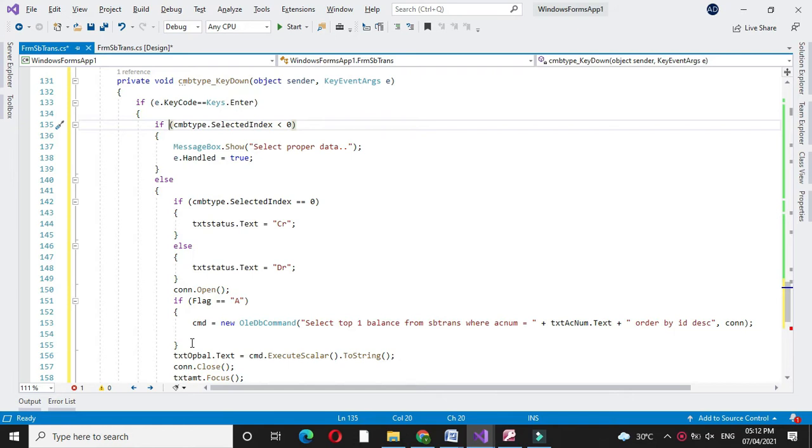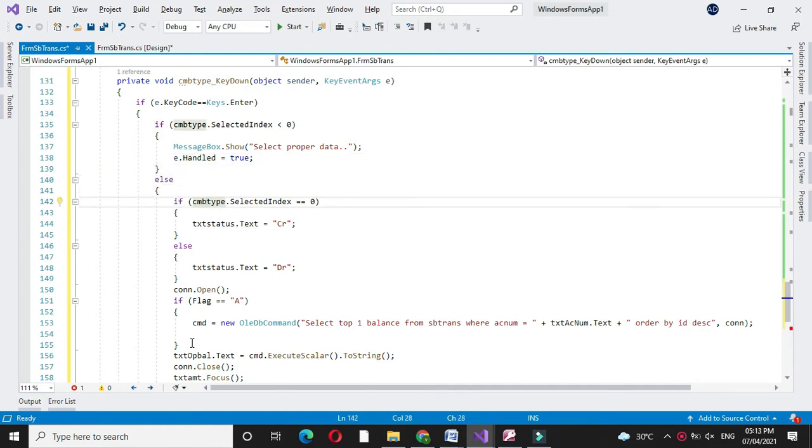So if CMB type dot SelectedIndex is less than 0, it will give the message select proper data, and it will set e.Handled equal to true. So it will set the focus again to the combo box, and else it will check